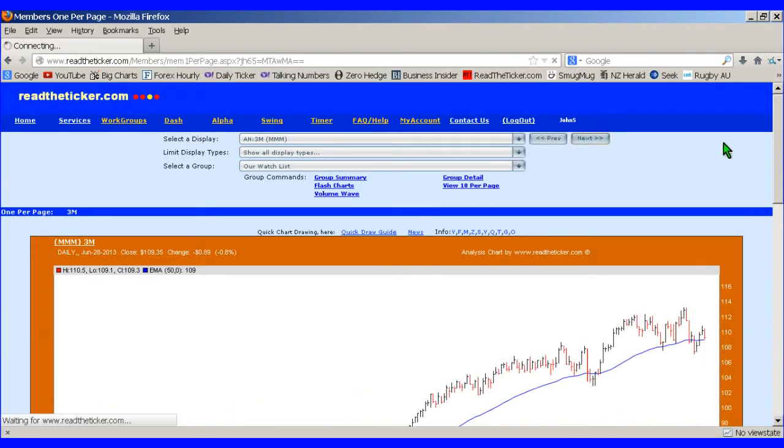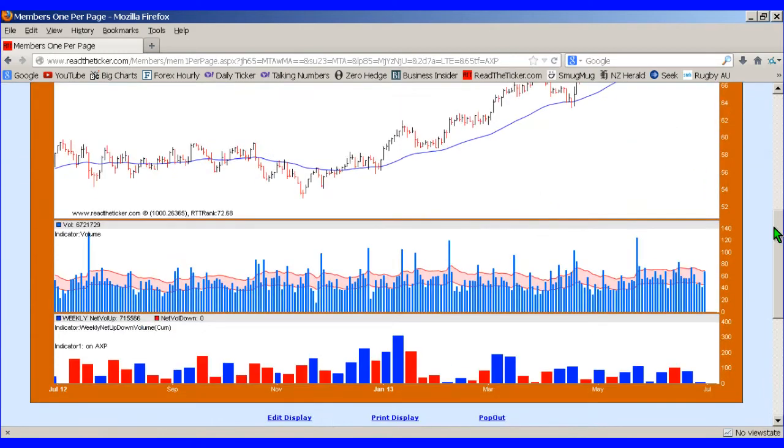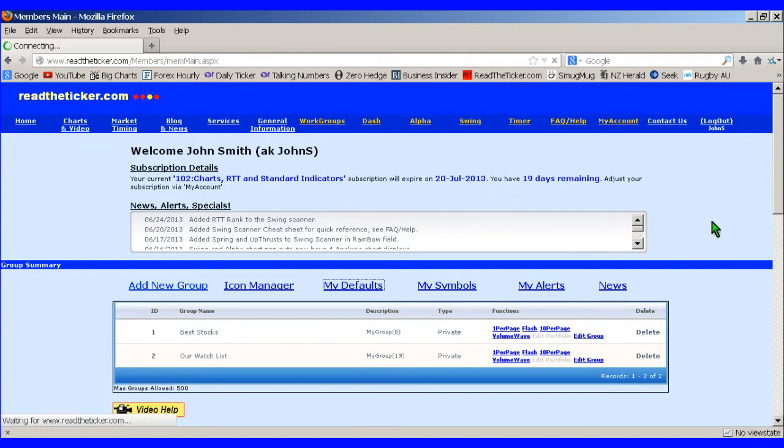So here we are, one per page. I just go next to the next page. And I can keep on scrolling through to see what they are. I can go 10 per page, which will load 10 charts all at once. But if you have a slow connection or you want a quicker load,